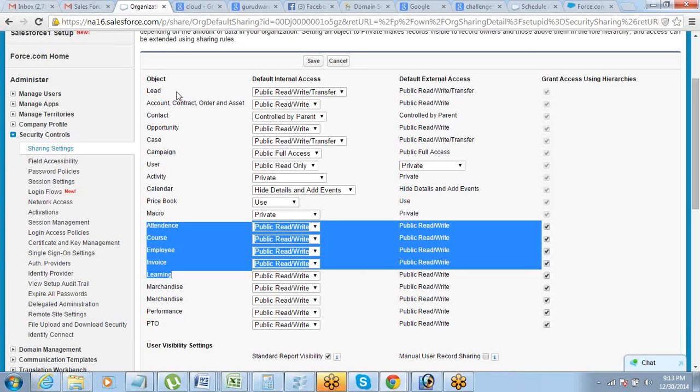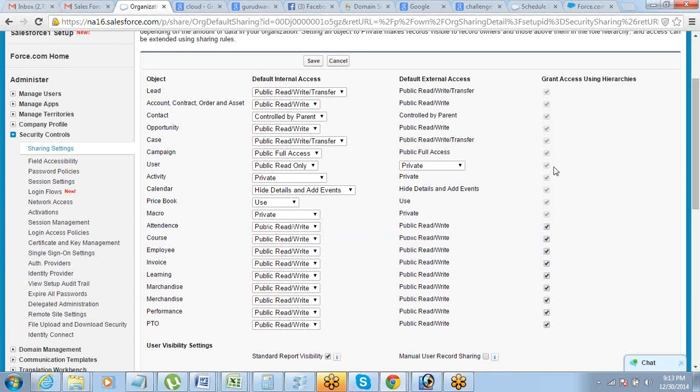Fine. So if you are using leads, accounts, contacts, opportunities, the manager will always get to see that. It's a separate story if you do not have a hierarchy defined in your company. There is no manager defined. So that's a separate story. But if you have a hierarchy, your manager will definitely get to see your data. Got it? That's one.